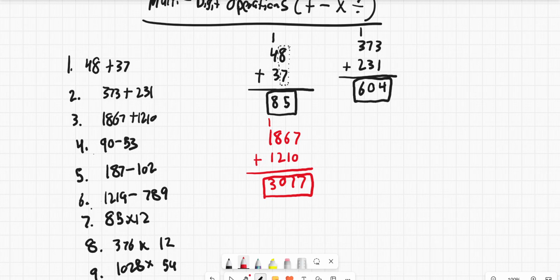Okay, now moving on to subtraction. So the first subtraction problem is 90 minus 53, and we format this the same way. Okay, so we go from right to left again, and top to bottom. So 0 minus 3 will actually produce a negative number, but today we're not dealing with negative numbers. So what you need to realize is that in this specific column, if the top number is smaller than the bottom number, you need to look at the number right next to the top number, to the left actually, and then just borrow that 1